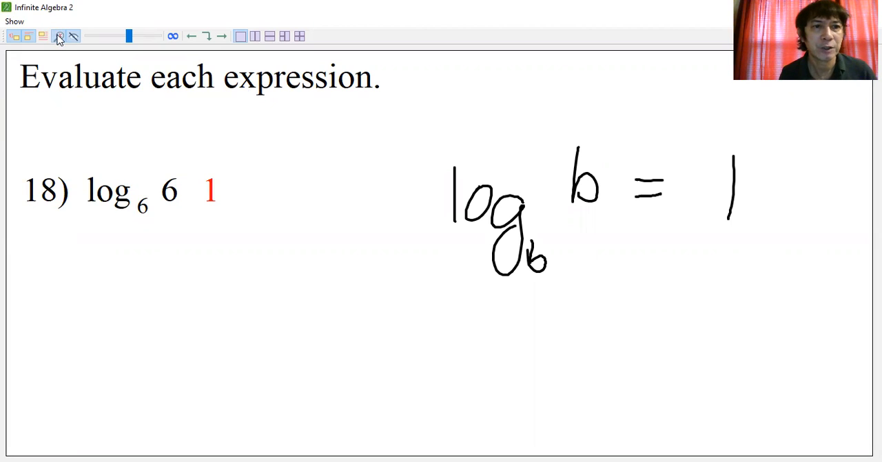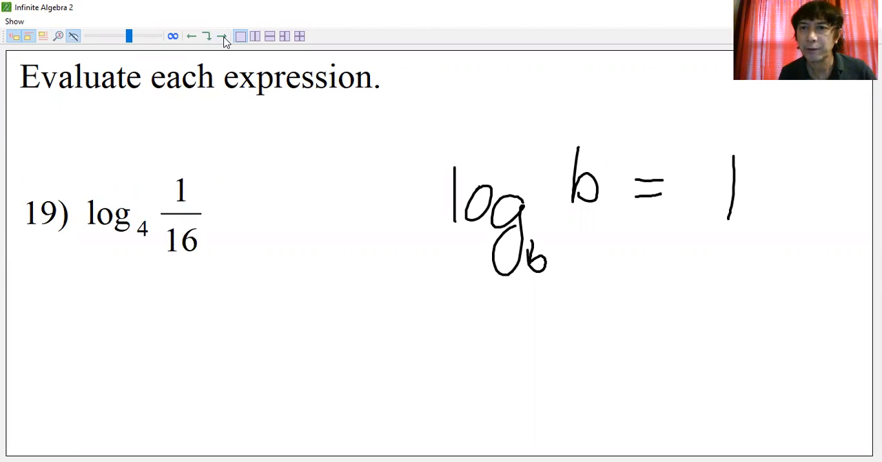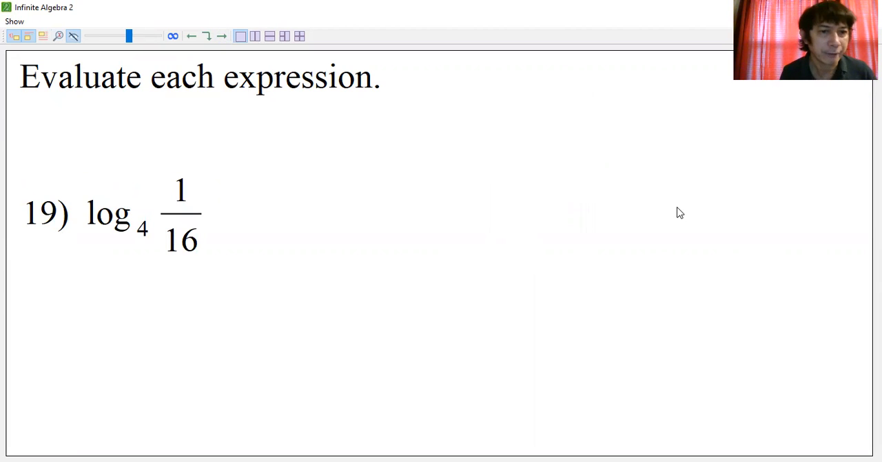Let's continue with the next. Let's have number 19. Let's remove our writings there. All right. Okay, 16 can be expressed as powers of 4. We can write that as 4 squared. So the solution here will be